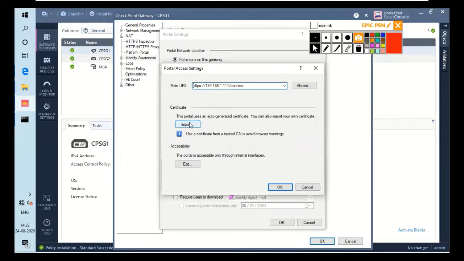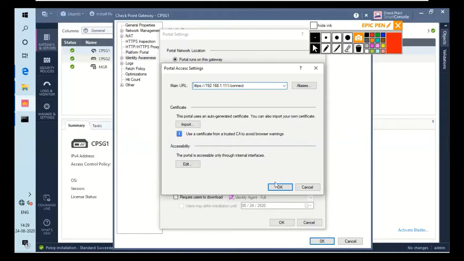For importing, you have to click on import, and you can edit the interfaces, which was our last part of the installation of the settings of the identity awareness. I can say that, right? So next we have to click on OK. I will not change anything, just to show you what all you can do with this. So I will click on OK.